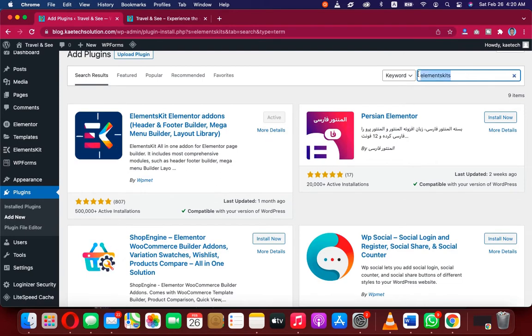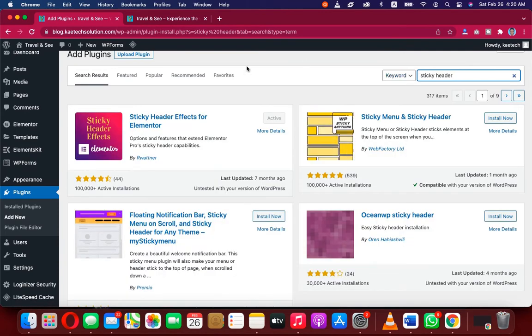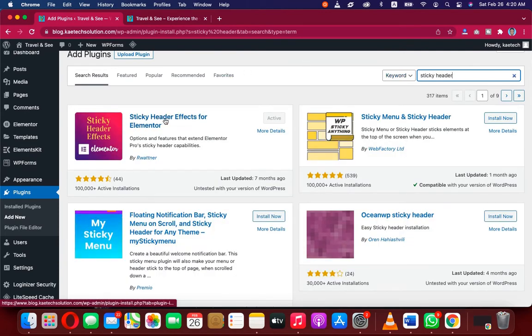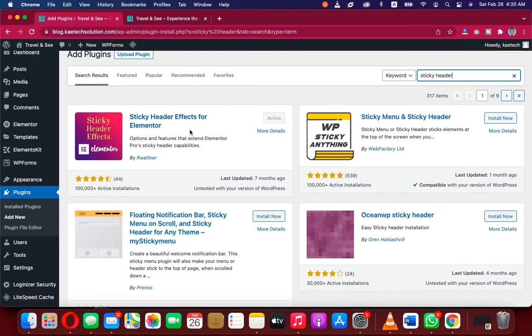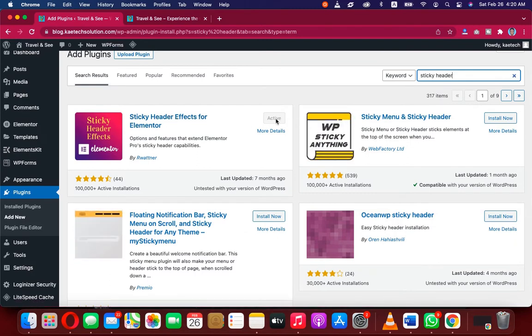Okay, and then the last plugin that we also need is called sticky header. So search for sticky header for Elementor, this one. Okay, sticky header effect for Elementor. Just type in sticky header, this one will come. When you see sticky header effect for Elementor, just click on install now, and then click on activate again. Okay, so these are the three main plugins that we are going to use to create our header, and then